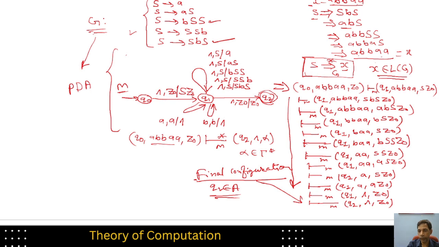What is the string for which you are able to reach the final configuration? This is the string. For this string, now we are able to reach the final configuration, and hence this string is in the language. So you can say that A double B double A belongs to the language